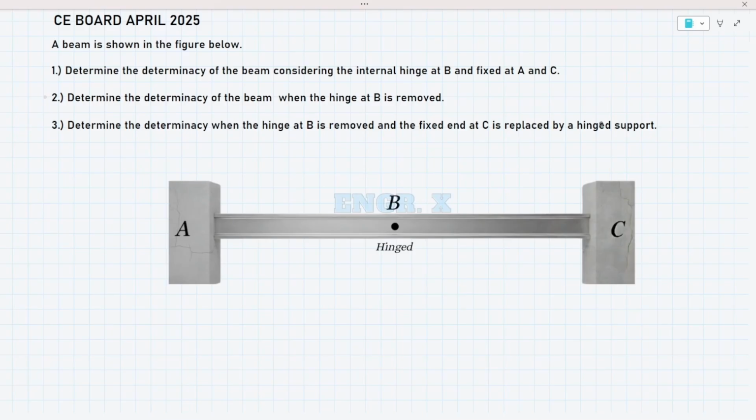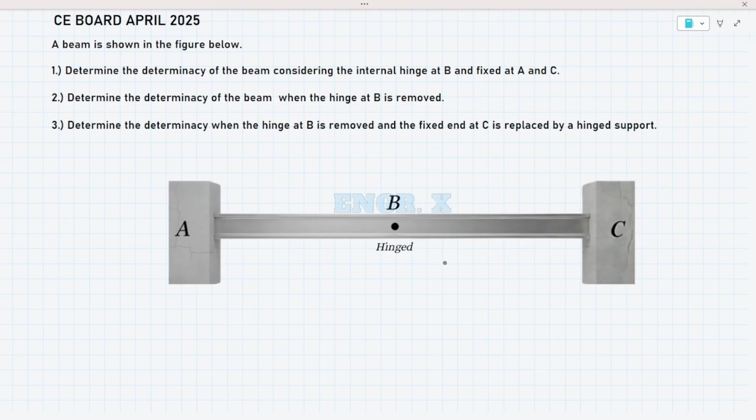And magsisimula tayo sa CEBoard April 2025 with this determinacy problem. So the problem states, a beam is shown in the figure below. So meron tayong beam, and sa beam na ito, this is a fixed-ended beam, fixed at A and at C. Then we have an internal hinge at the middle. The first question, determine the determinacy of the beam considering the internal hinge at B and fixed at A and